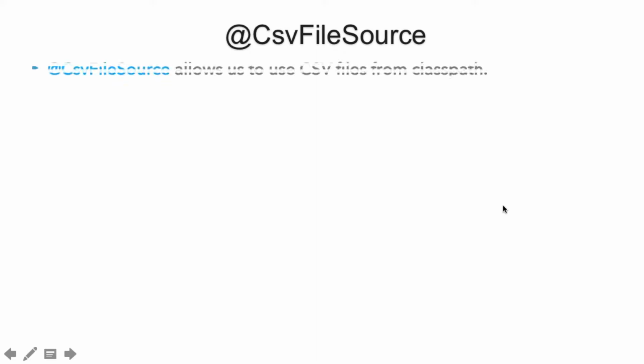So friends, what is @CsvFileSource? So here, the @CsvFileSource annotation allows us to use CSV files from the class path. So friends, in our previous lecture we discussed @CsvSource, where we provided the CSV values directly into our Java code and we ran the parameterized test. But here, the @CsvFileSource annotation allows us to provide the CSV files directly, which are placed at the class